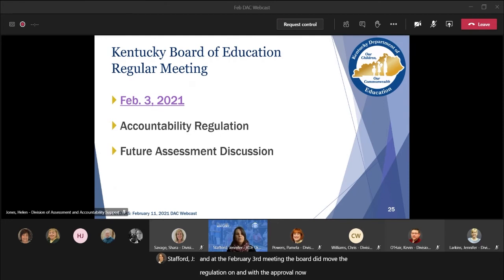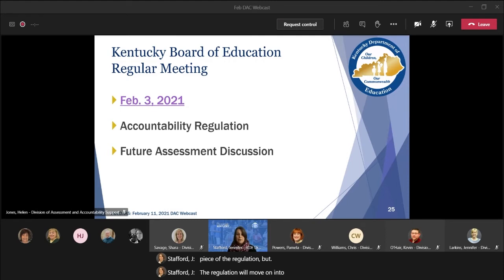Now, with that approval, there were some recommendations from LSAC to investigate one particular area, which is the minimum N. So we've got some investigation to do on a recommendation that they presented on the minimum N. Particularly, we have to go to the U.S. Department of Education and get guidance on what they had input on. So with that, we've got work to do on that piece of the regulation, but the regulation will move on